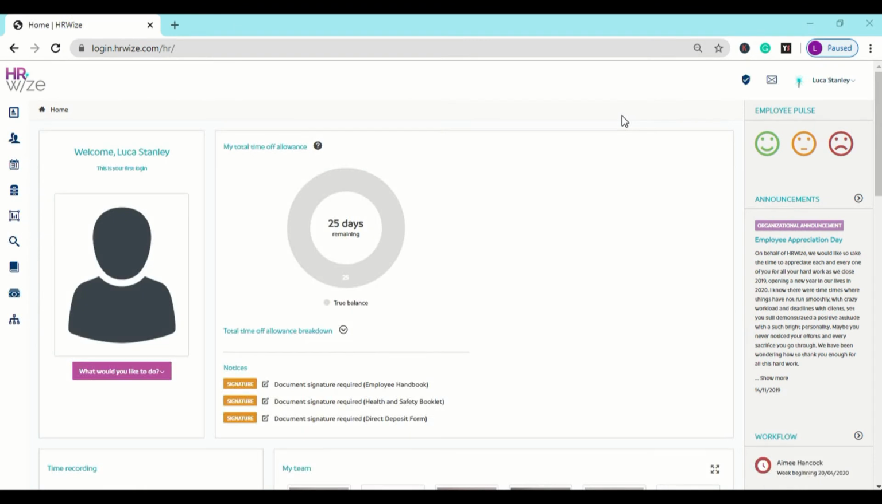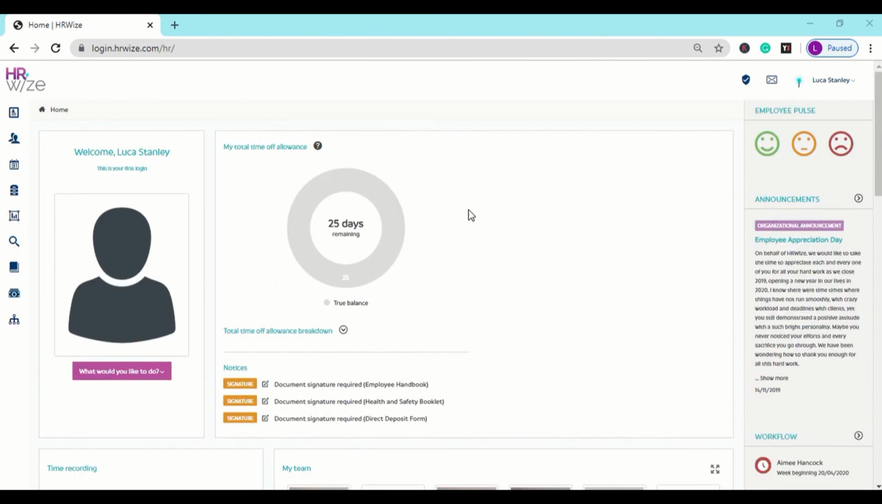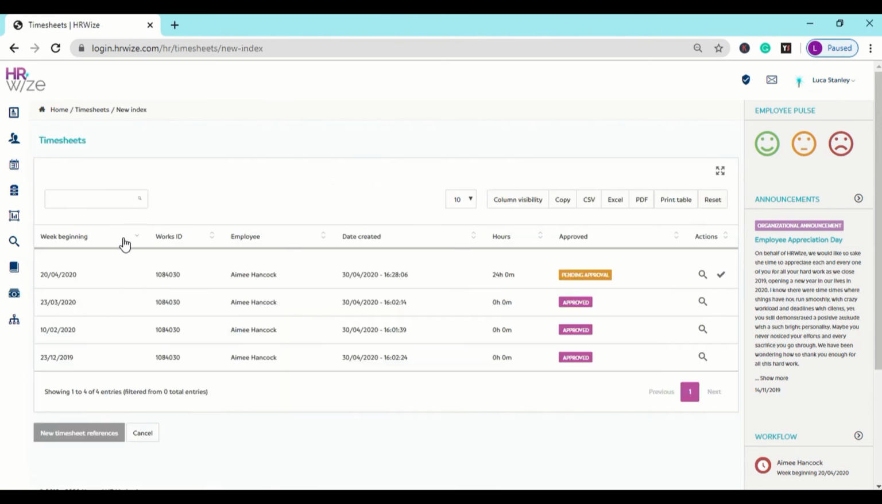Now, logging in as either the employee's manager or someone with an admin access level, we can see the timesheet for approval in the Workflow section on the right-hand side. Or you can go and see in Time and Attendance, and then Timesheets, where here you can view all of the submitted timesheets. We can see in the status as pending approval,